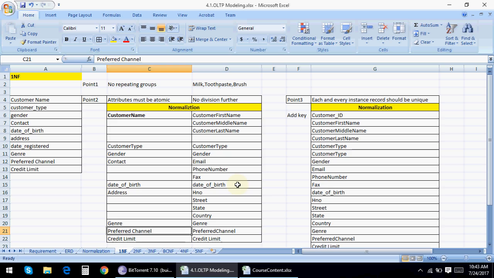Preferred channel will still remain atomic, but you can have values like star TV, star movies. So values can be millions, but the atomic value cannot be divided as a separate column. When I say further divisible, it's not in terms of rows, but in terms of columns. So that key point should be kept in mind.